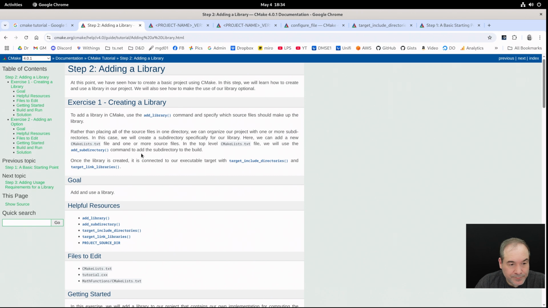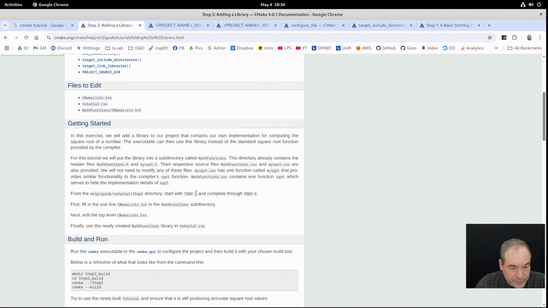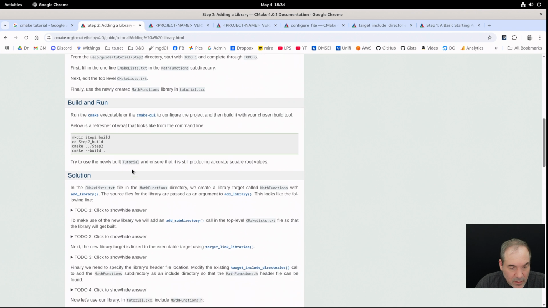Adding a library. To add a library, rather than placing it, blah, blah, blah. Once the library is created, it is connected to our executable target with target include directories and target link libraries. Okay, so files, getting started, build and run. So in this exercise, we'll add a library to our projects that contains our own implementation for computing the square, whatever. I don't want,